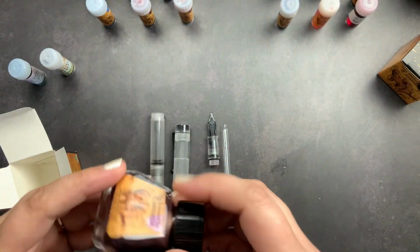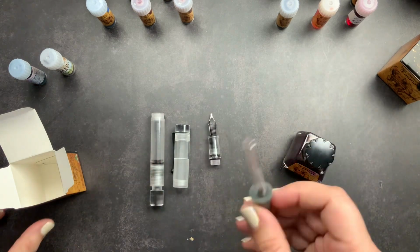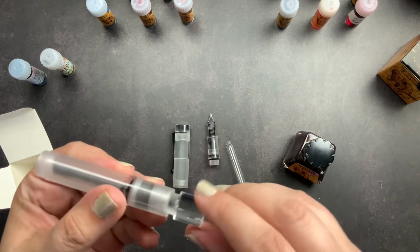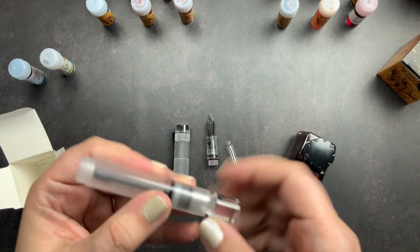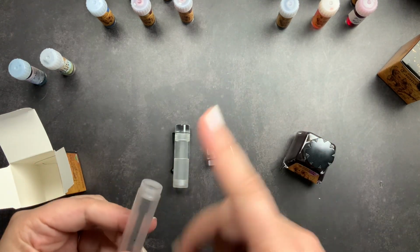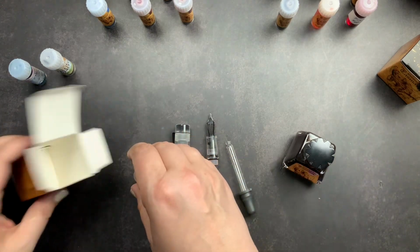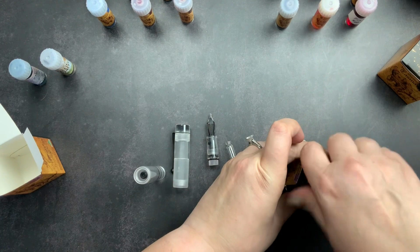Now, this pen is an eyedropper pen, so it comes with an eyedropper. It's glass, so be a little careful with it. And it does have a valve at the bottom that you can close to turn off the ink so it won't keep pushing it through the feed. I have it open right now since we're going to be filling it and writing with it. And all you do